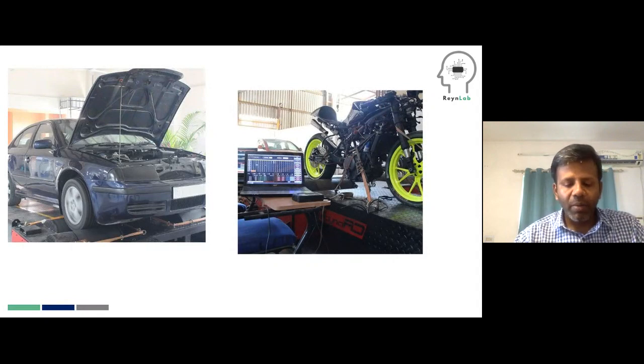But primarily, what I wanted to talk about is how I have learned ECU tuning, how I've learned to tune cars, how I've learned motorsports is basically by working on vehicles, right? And this is the dyno that we have in our garage, and now it's present at the Bitspilani campus